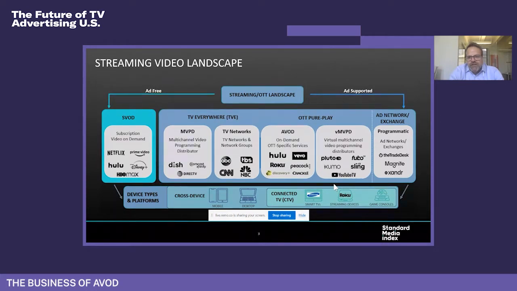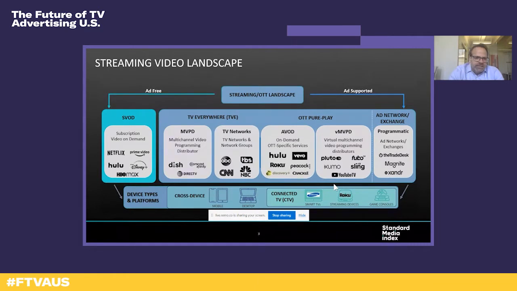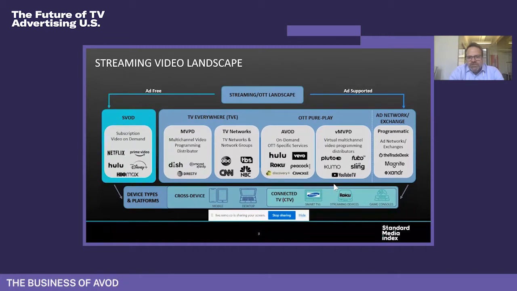So TV Everywhere are services that are literally a replica of their linear equivalent, in the case of MVPDs that have launched IP service apps that replicate the cable bundle. TV networks, which are replicating a channel-specific service on OTT. And then there are pure play services that were born and bred on digital and launched in the space as pure plays. And within that, we've got AVOD, which is the large and growing number of services and